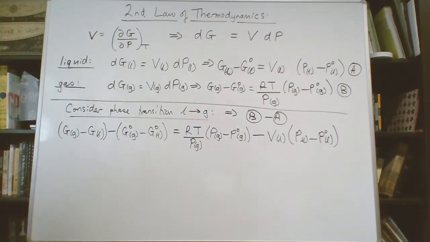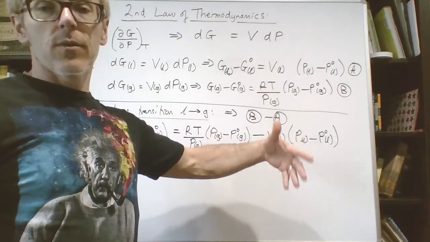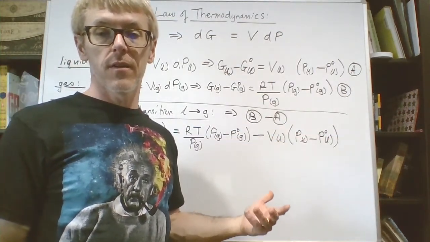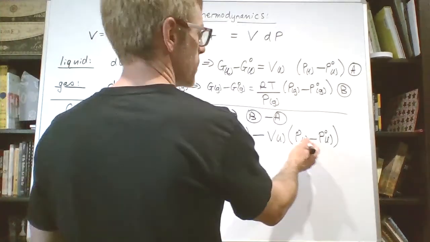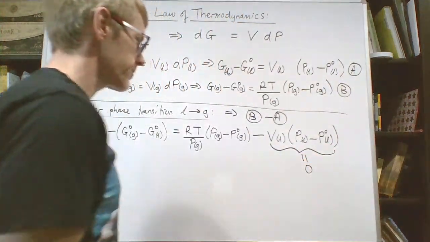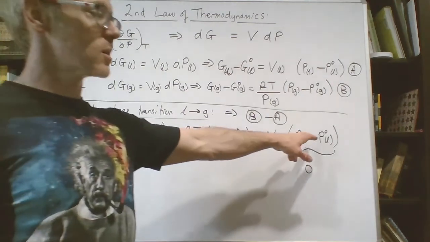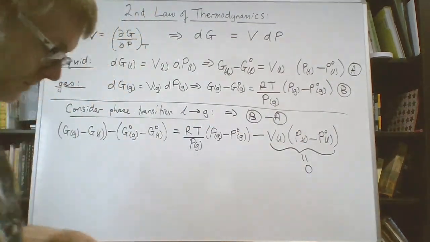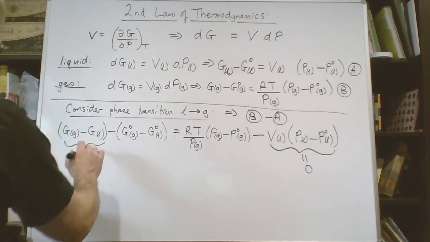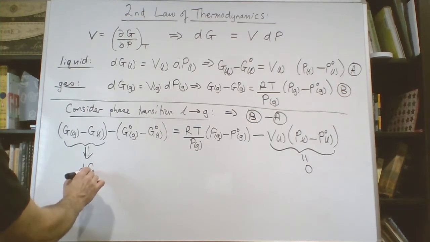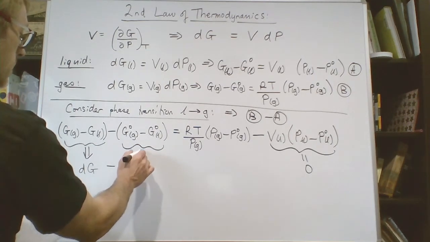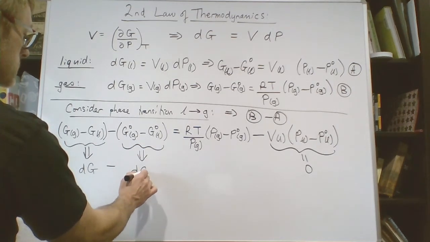And we can start to simplify this a bit. We know that the concept of pressure only applies to a gas. We can safely assume that the pressure of a liquid is negligible. So this is going to be 0, so this whole term is just going to equal 0, again because the pressure change in a liquid we assume is 0. So we're left with this term. This term just becomes dG, change in Gibbs, minus this term becomes a change in standard Gibbs,